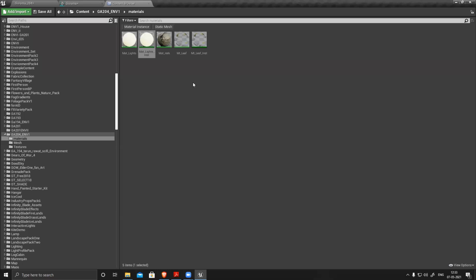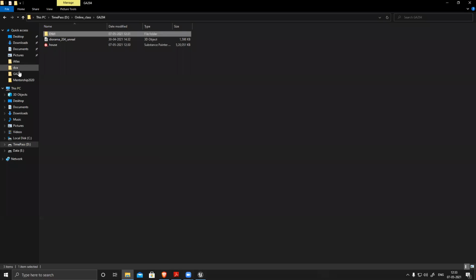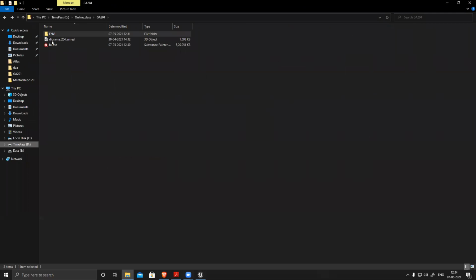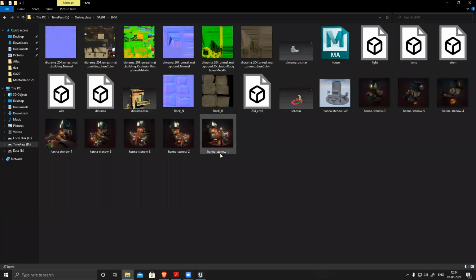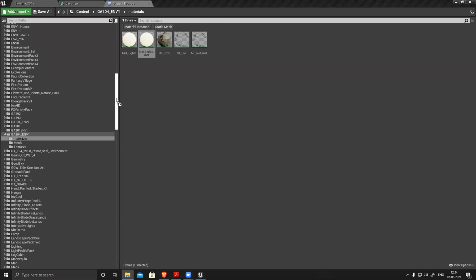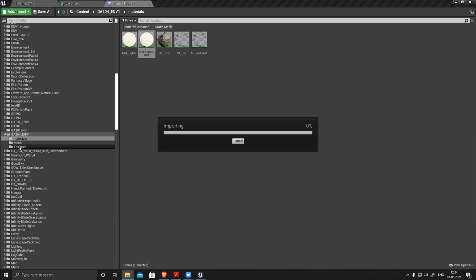So now we have to create all the textures. First thing first, I'll select all my maps. 1, 2, 3, 4, 5. Sorry, where is the other one? Just give me a second. I guess I forgot to. Oh, 6. Yes, all 6 are here. Just drag and drop in textures.